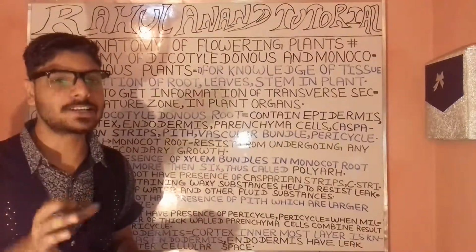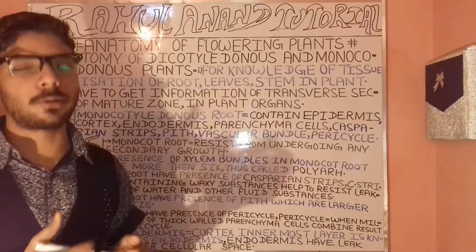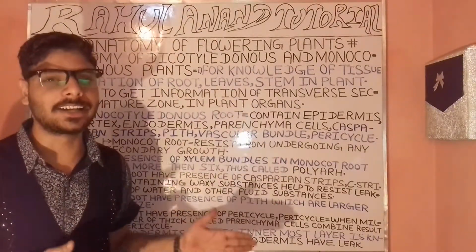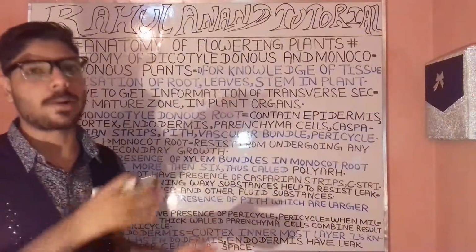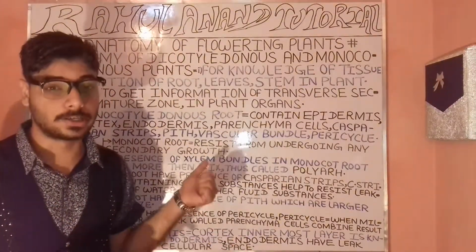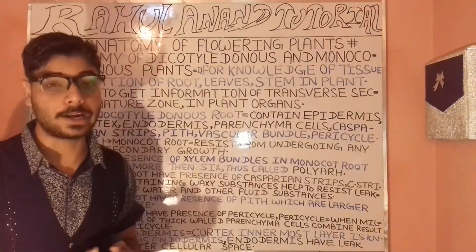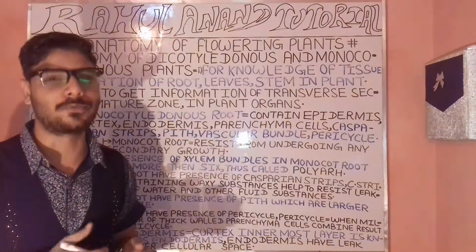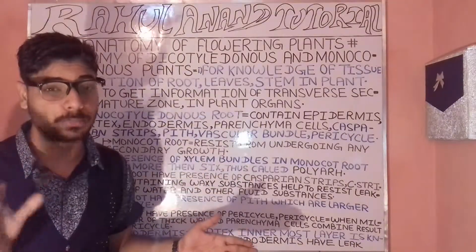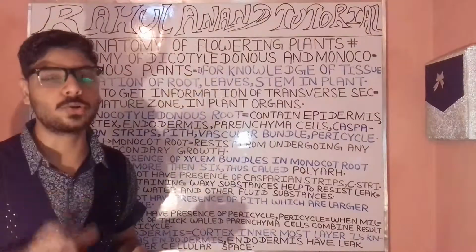Now let's understand what the anatomy of flowering plants is, in terms of the monocotyledonous and the dicotyledonous plant. Primarily, we will be understanding the monocotyledonous plant, and in it the root. For understanding the anatomy of the dicotyledonous as well as the monocotyledonous plant, you have to go through